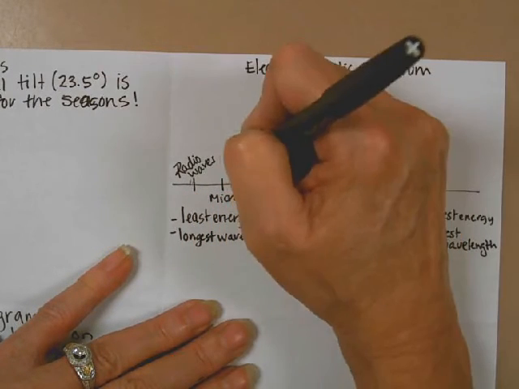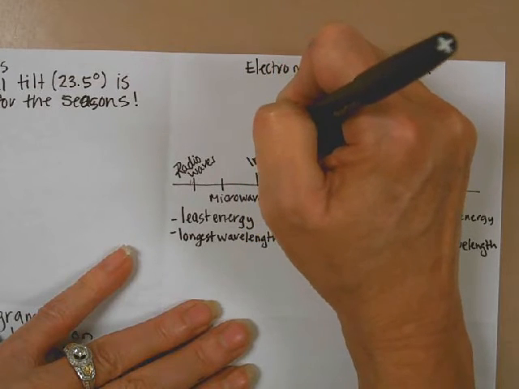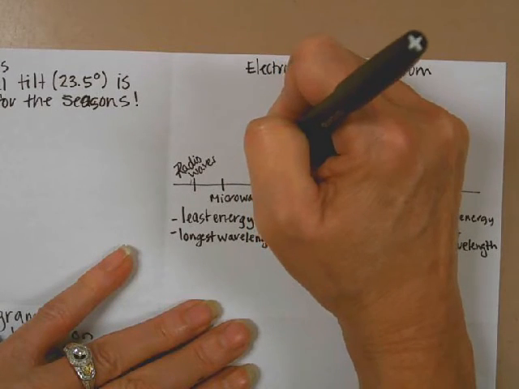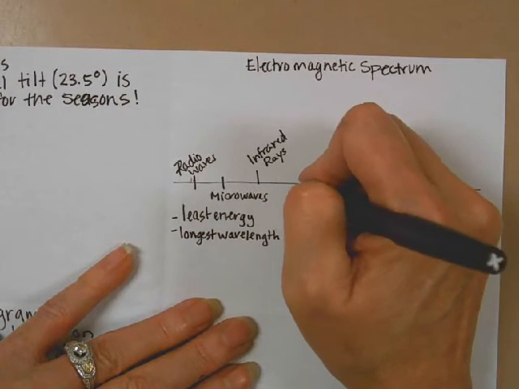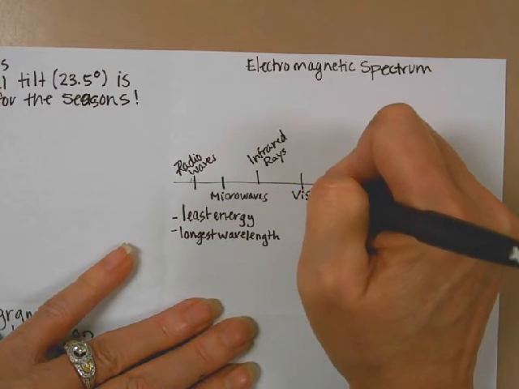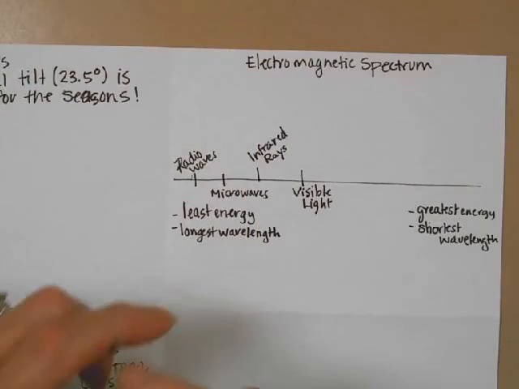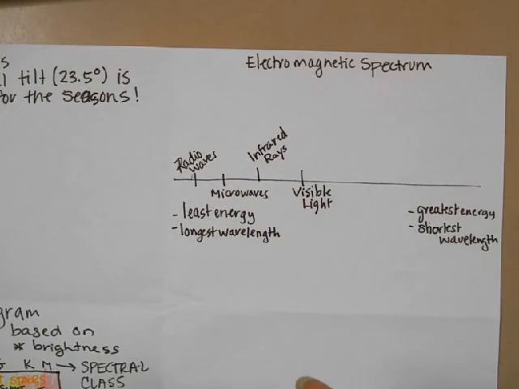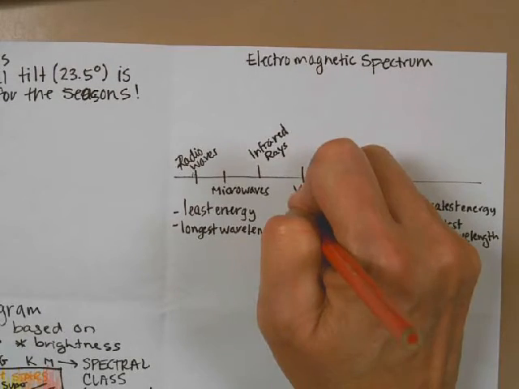After microwaves, we have that heat we feel, infrared rays or waves, either way. And then after that, we have visible light. Remember, visible light is made up of the rainbow of colors, and we remember that using an acronym, and the acronym is Roy G. Biv. So red,